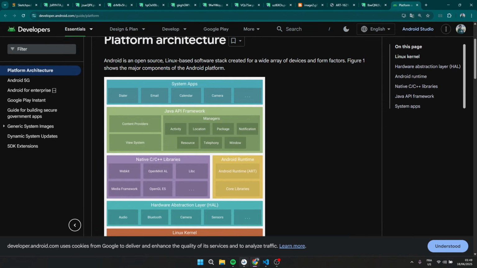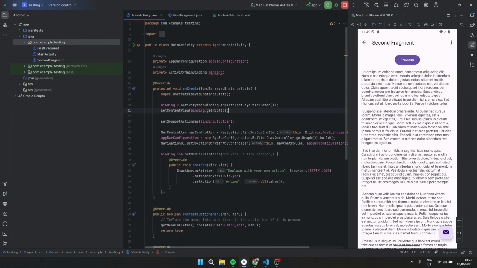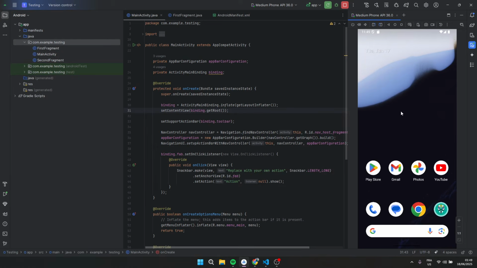So for example, here I tried to create a simple project just for you to understand what an activity is. And okay, the emulator is not working properly. Maybe it's just having a bug, I guess. We can try to relaunch the application, but either way, as you can see, for example, here this is the main activity. I'm not going to be diving too much inside of the code for now.